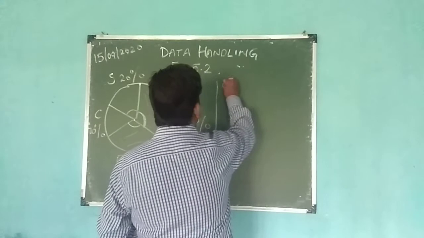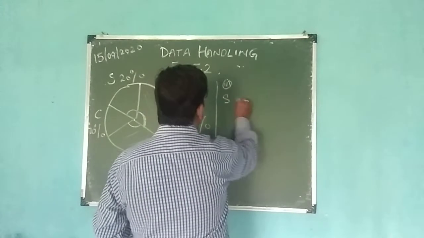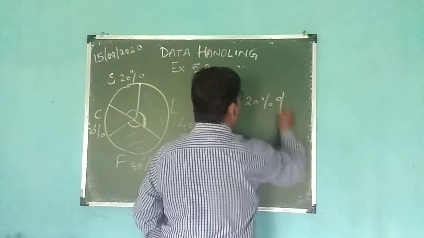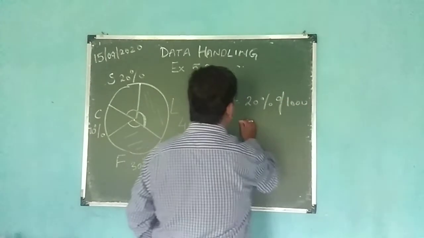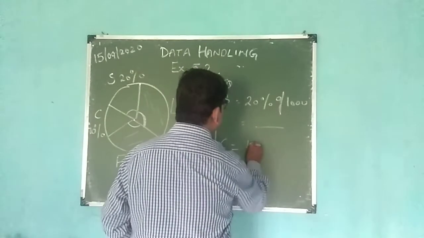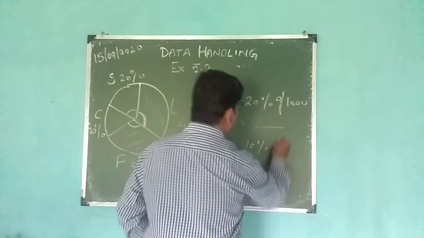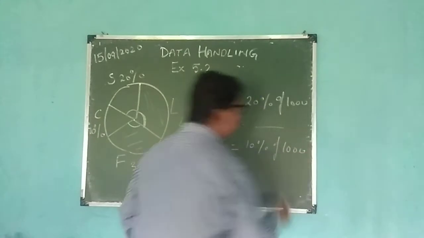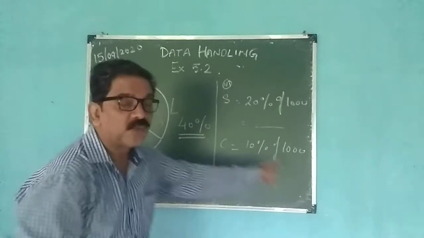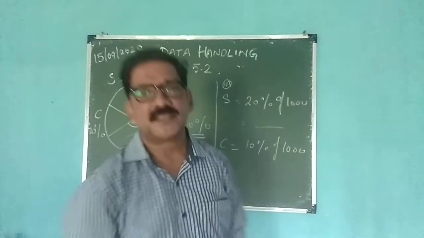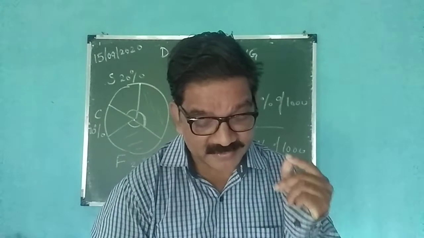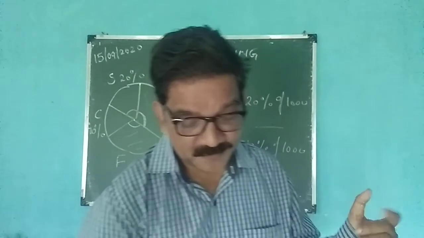the third part, so semi-classical will be 20% of 1000. So find out. Then classical will be 10% of 1000. Find out. Then similarly folk music will be 30% of 1000. Find out. Simple percentage question. You can easily do it. Only the first part was a little critical, so that's why I took it.